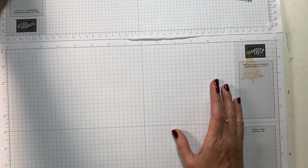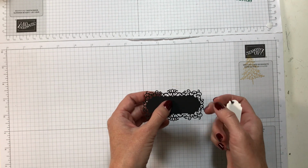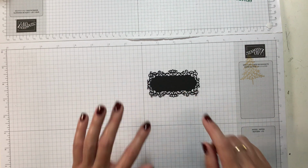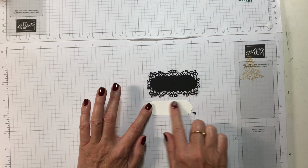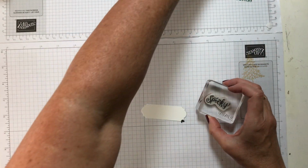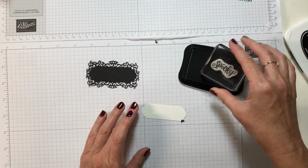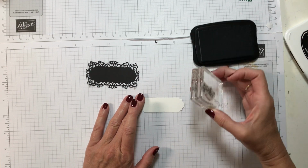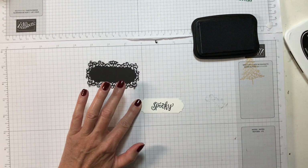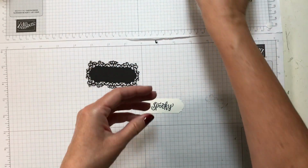The first thing that I want to do is make our label. So I've used the dies that come in the Monster Bash suite, and I've cut out a black, like an ornate frame, and then in Whisper White. And I have my stamp already here and my Tuxedo Black Memento ink. And I'm just going to stamp, and that's all the stamping really that we're going to do. Oh, but I do want my ink back